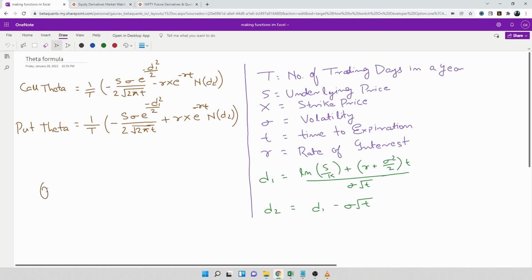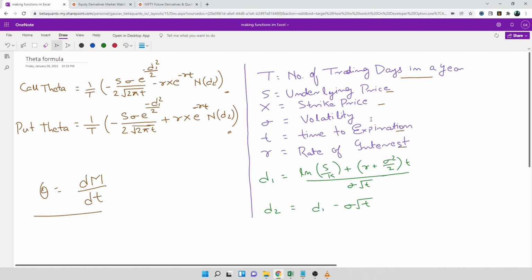So, first of all, we will go ahead and discuss the formulas for put theta and call theta, which are given by two different formulas, and then we'll proceed to Visual Basic and code out functions for the same. So as you can see on the screen, we have the value of call theta and put theta, where we have introduced a new term capital T which signifies the number of trading days in a year. By now, we're comfortable with the terms underlying price, strike price, time to expiration, rate of interest, and